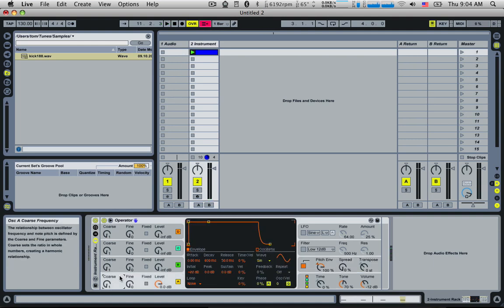Excellent. Now if we go into the oscillator envelope here, let's change the envelope so that the sound actually stops when the pitch envelope stops, which is at, as we can see, 61.9 milliseconds. So let's go over here, bring our decay down, and leave it about there. We'll drag it out until